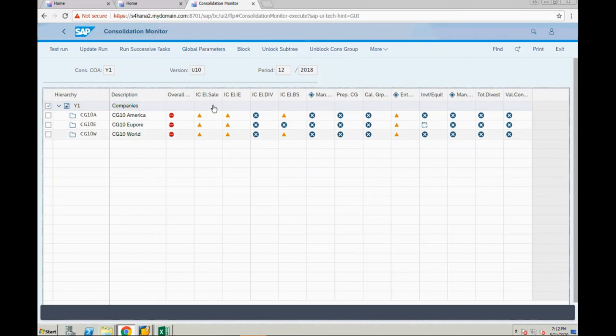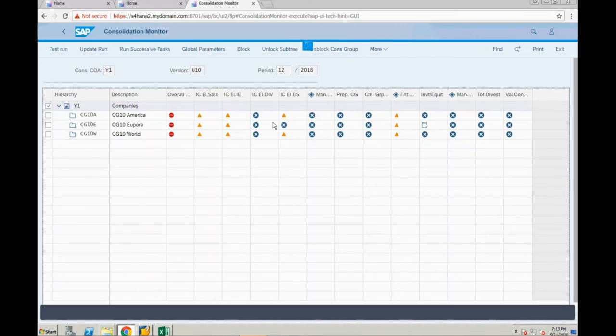Intercompany eliminations, sales and COGS, dividend eliminations, balance sheet eliminations, income and expenses eliminations. So like this, whatever intercompany elimination relevant tasks are there, you might have different eliminations. All those tasks are added in this particular group accountant consolidation monitor.